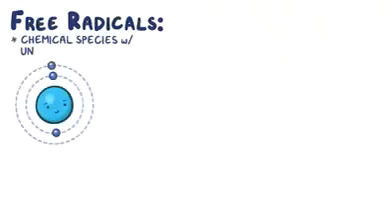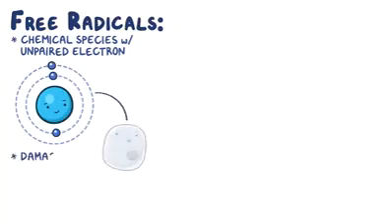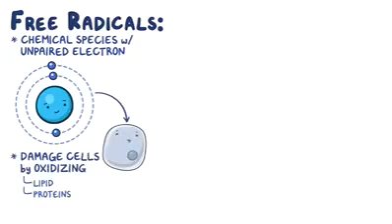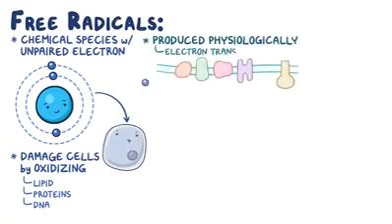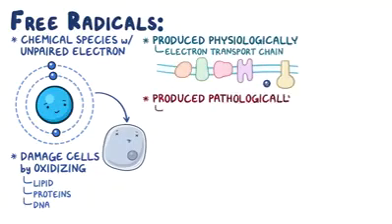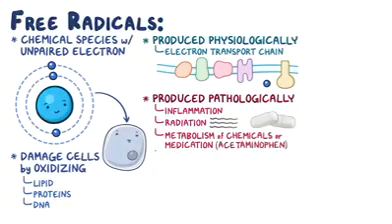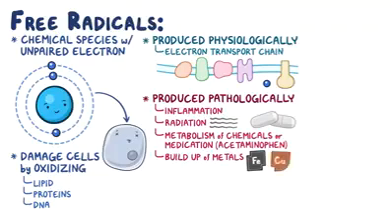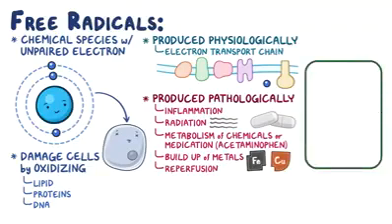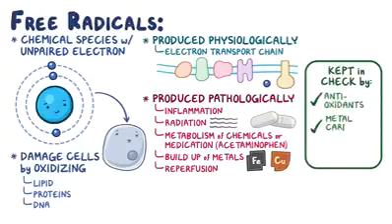Alright, as a quick recap. Free radicals are chemical species with an unpaired electron, which can damage the cells by oxidizing the lipid, proteins, and even the DNA. They're produced in the body physiologically by the electron transport chain, and pathologically during inflammation, exposure to ionizing radiation, metabolism of chemicals or medications like acetaminophen, buildup of metals like iron or copper, and reperfusion of ischemic tissue. Free radicals are normally kept in check by antioxidants, metal carrier proteins, and free radical scavenging enzymes,